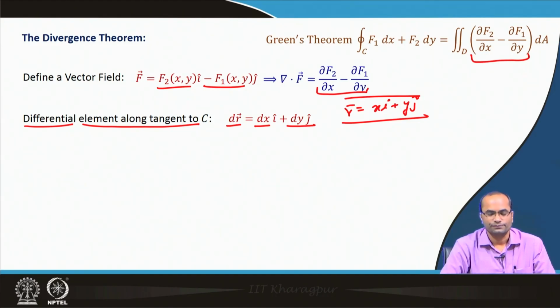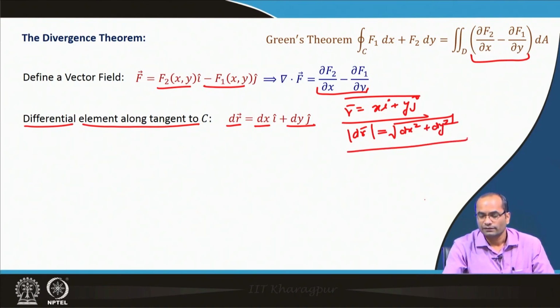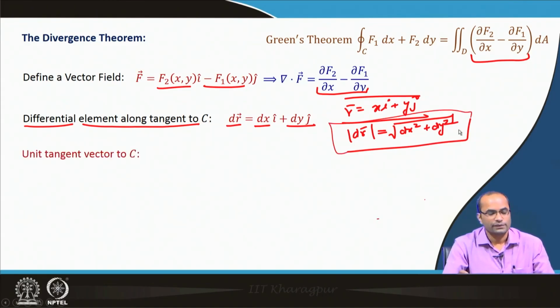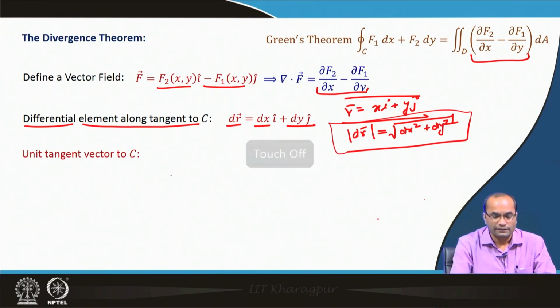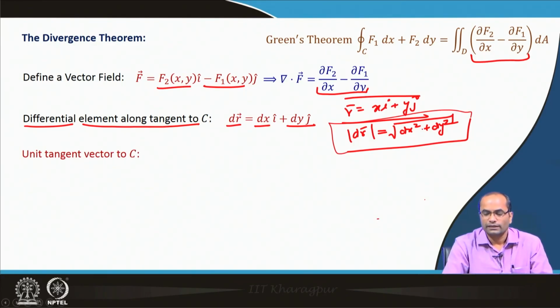Having this, if we divide by its length, the magnitude of dr, which is the square root of dx squared plus dy squared, which we defined earlier and call ds,